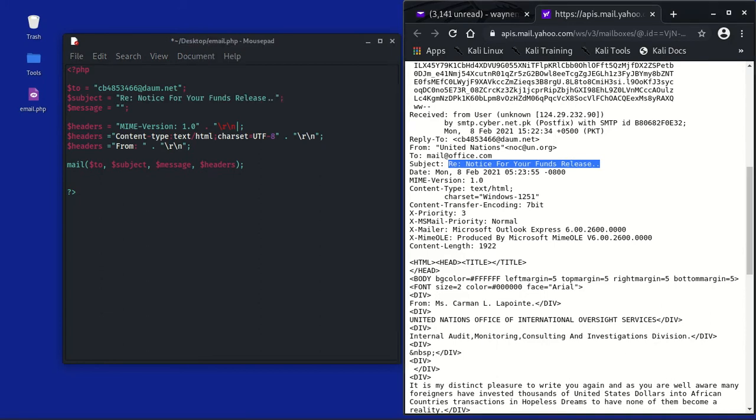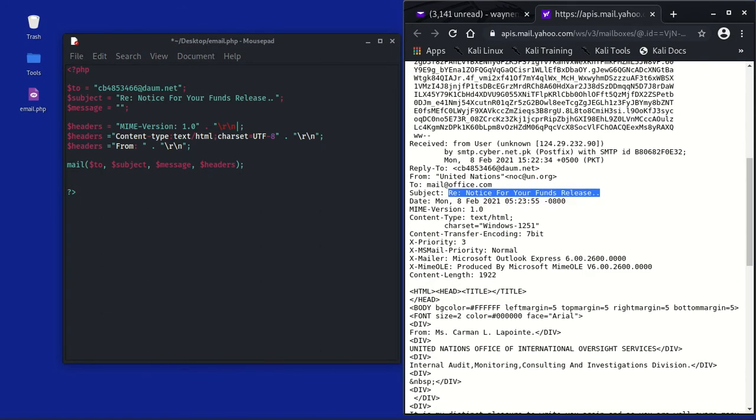And for the sender's email address, we will use the same one that was used by the sender. So that's noc@un.org. And then for the message,